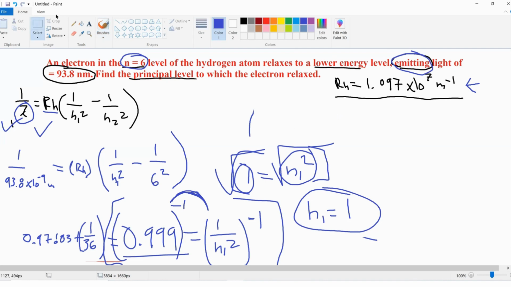Once you plug that into either this one or this one, please make sure that you plug this number into the right n1 or n2. And as I previously said,